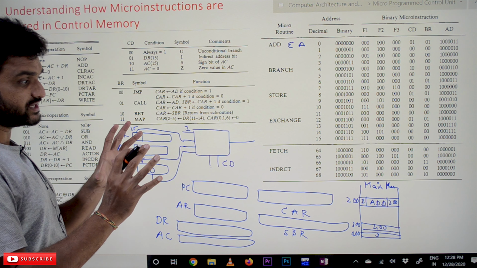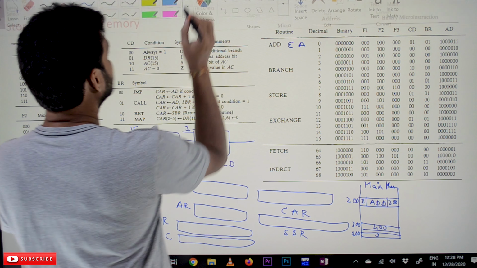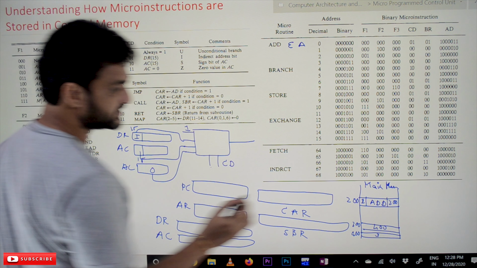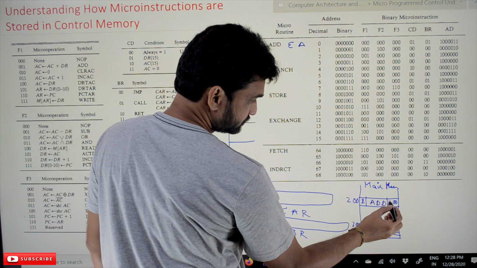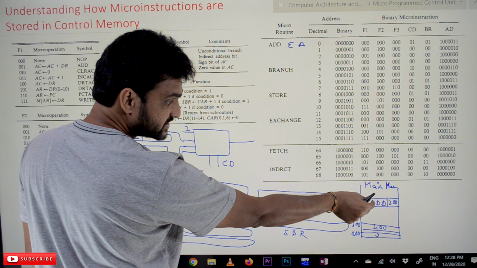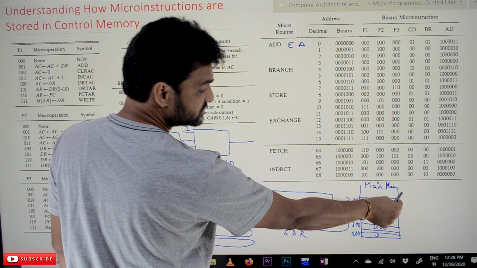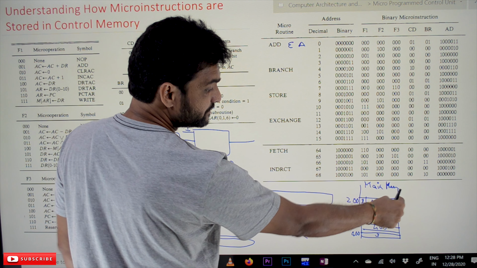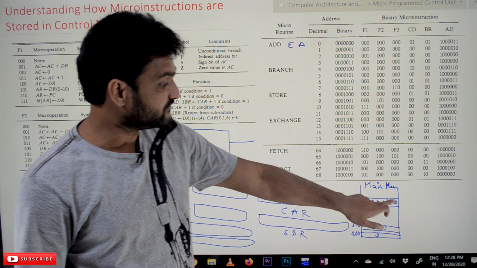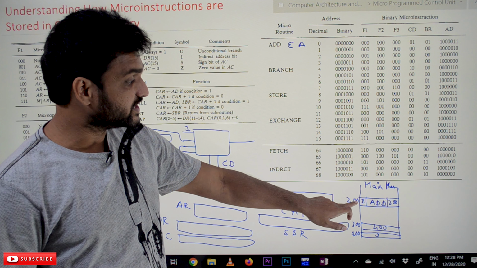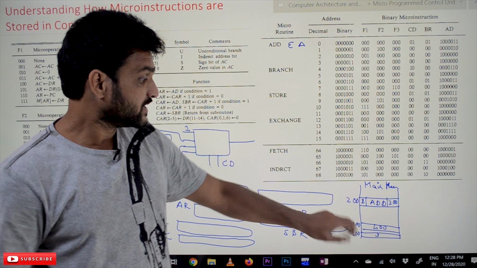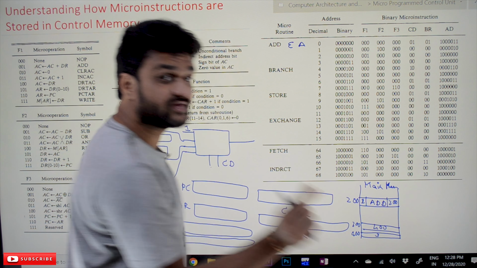Now, taking the example, we are going to understand how this add operation will be done. This add instruction is stored in the main memory, and this instruction has to be fetched, and the effective address has to be identified. If it is direct address mode, the effective address is directly present. Because it is indirect address mode, we have to go to this 300 address, where we are going to get the effective address. There, in the effective address, we have the value 3.